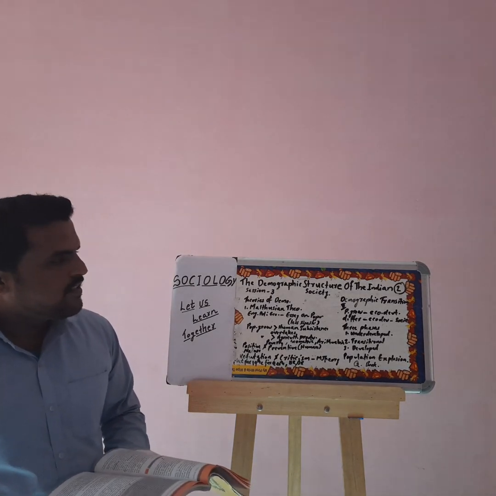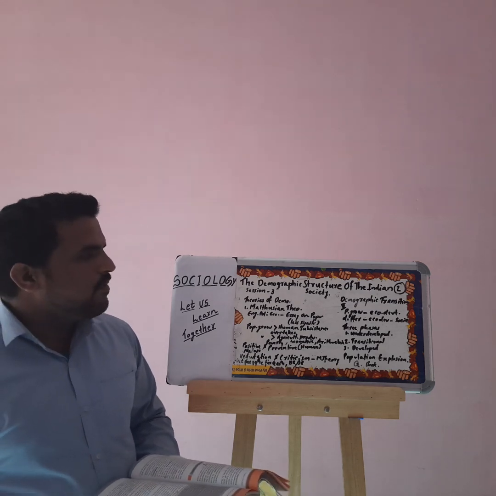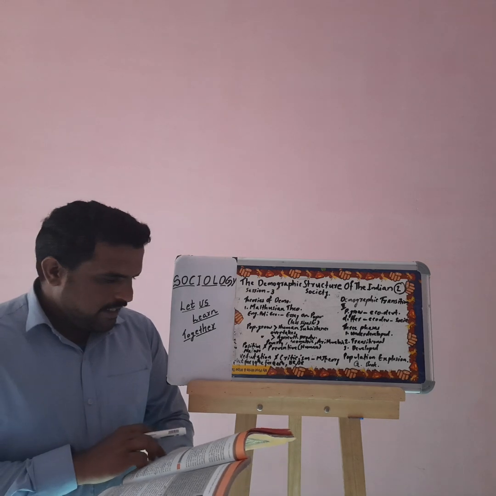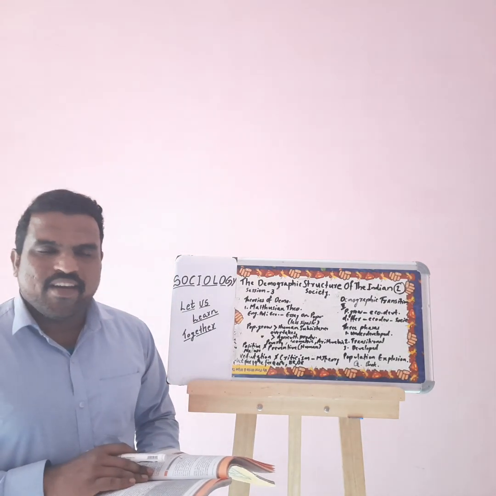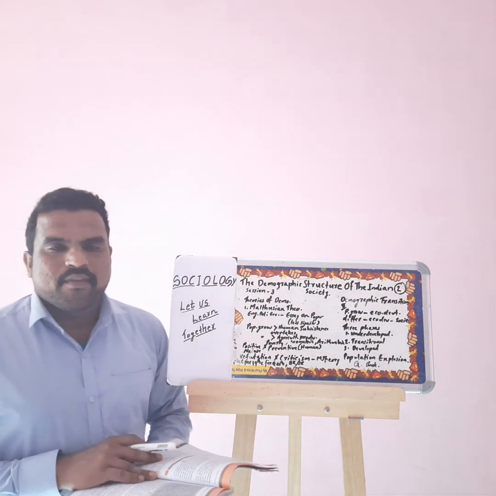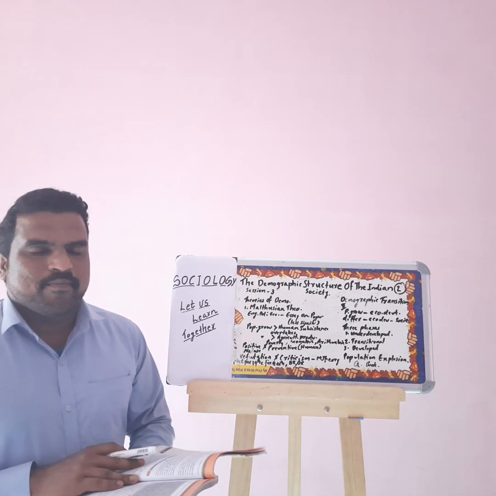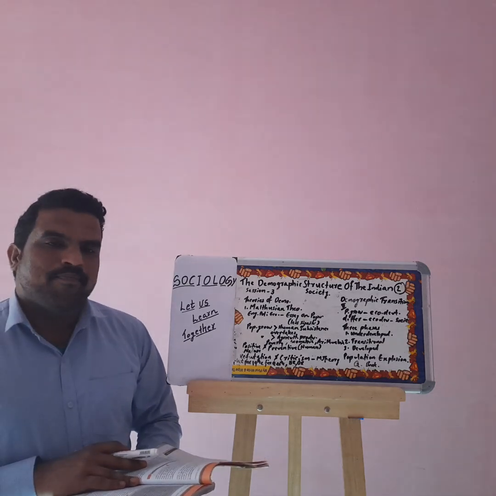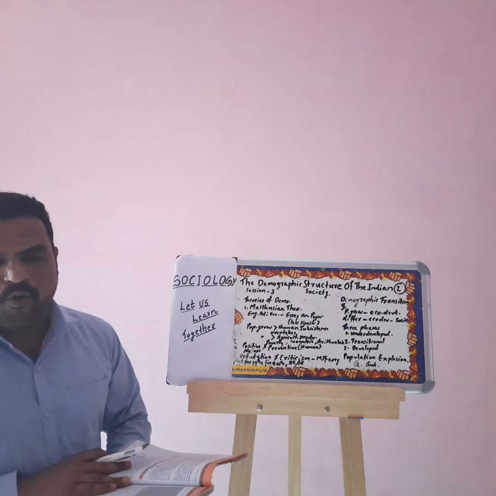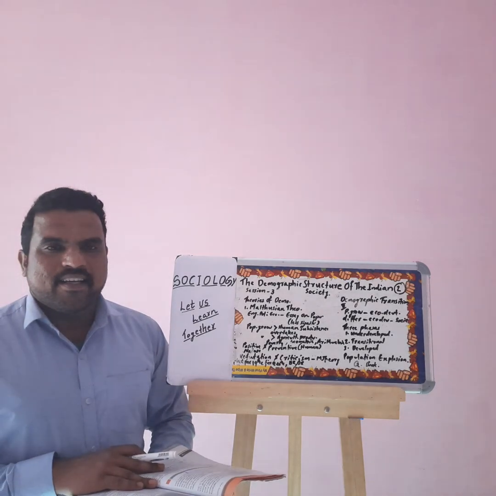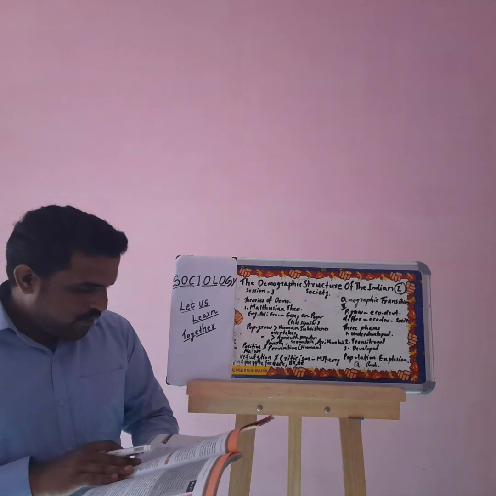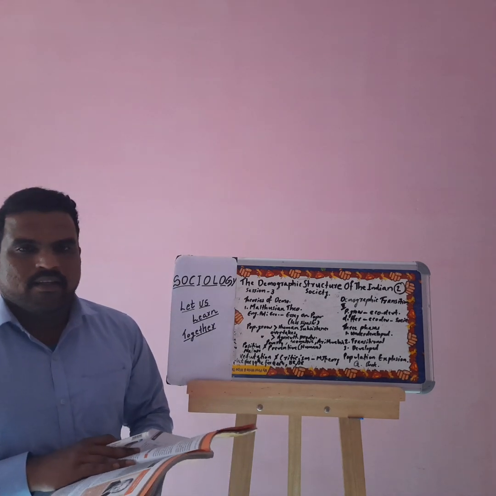To the third session of exploring the chapter, the demographic structure of the Indian society. In the last class, we were dealing with the distinctions between formal demography and social demography. I believe you all wrote the questions and answers, read the chapter well, and understood it. Now we can come to page number 12.